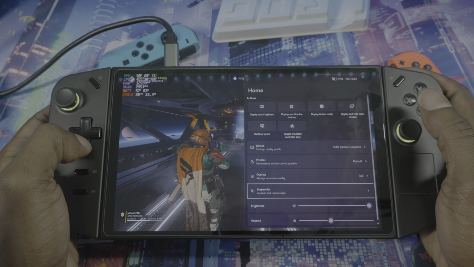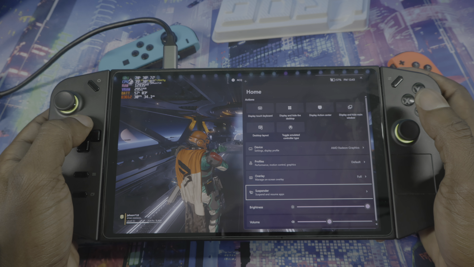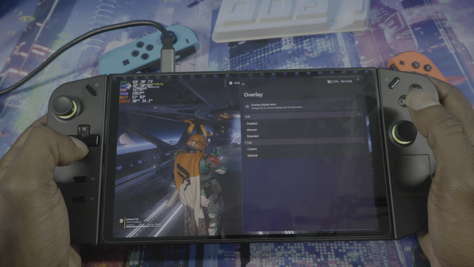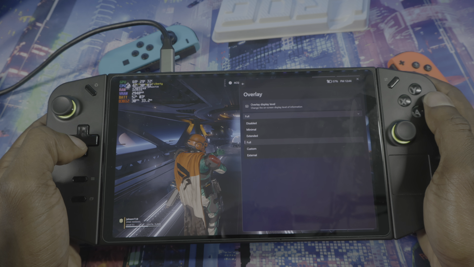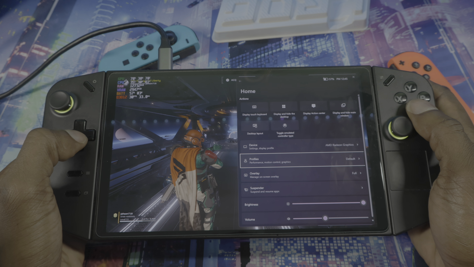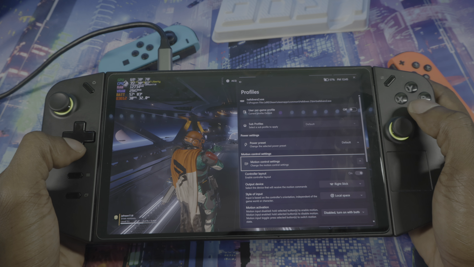If you go down, you can see your brightness, your overlay settings, and everything. So you can also set up your overlay from here as well. Change it from full to minimum, anything that you want. You could even disable it from here. So go back. Now when you go into profile, motion control, graphics settings right here, you click on that,